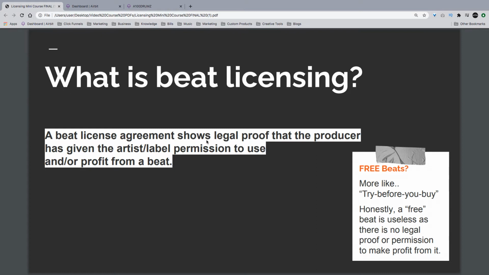Basically, if you want to be able to make a profit from a beat or from a song that you produce to a beat, you're going to need the legal rights, or the legal permission, in order to make a profit from that song. So if you plan on putting it on Spotify or Apple Music or iTunes and trying to make money from those songs, which I really hope that you are, then you're going to need the legal rights to do so. So this is where beat licensing comes into play.